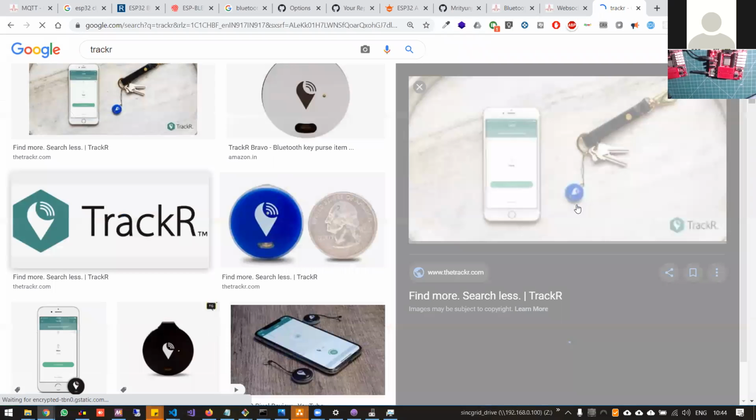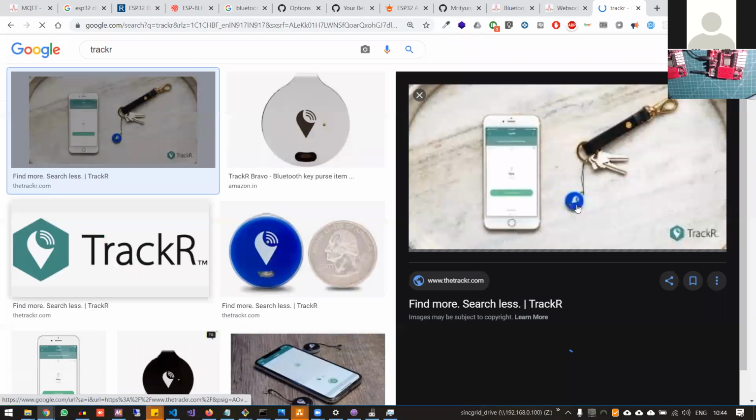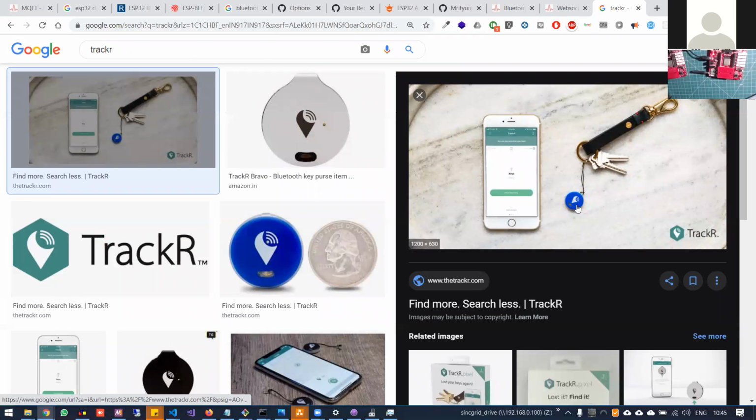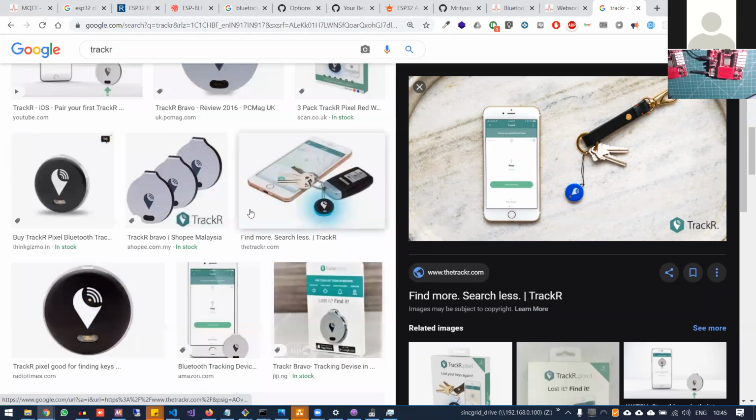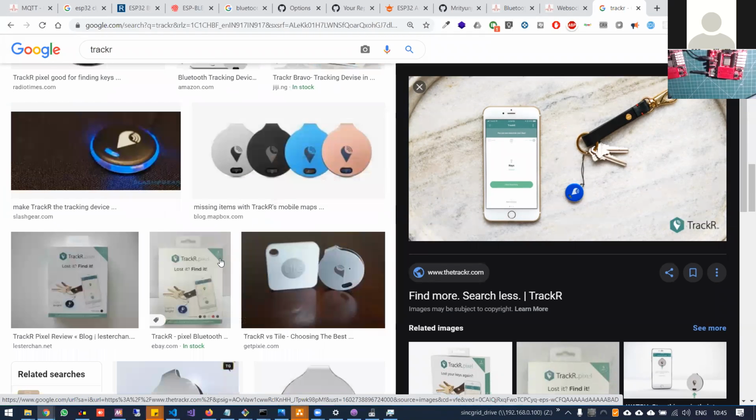This thing runs on a normal coin-cell powered Bluetooth CR2032 battery and those kinds of batteries. You just put it in your wallet, or on your keys, or in the car, or on the tag of your dog collar. So you can just place it over there, and these devices are able to